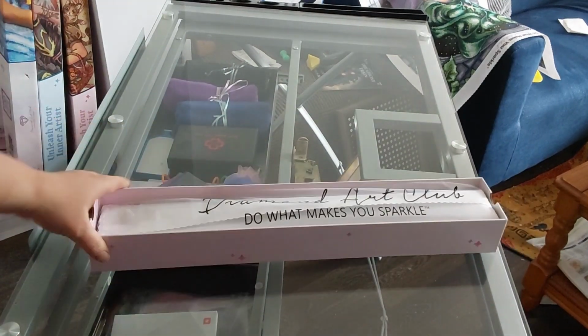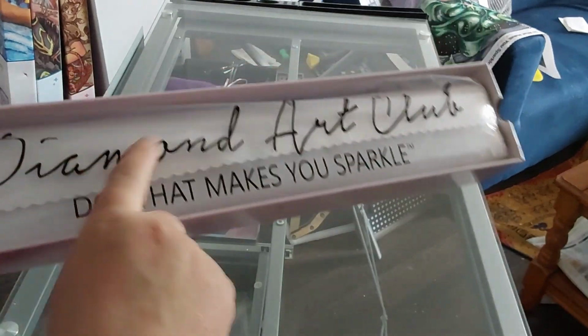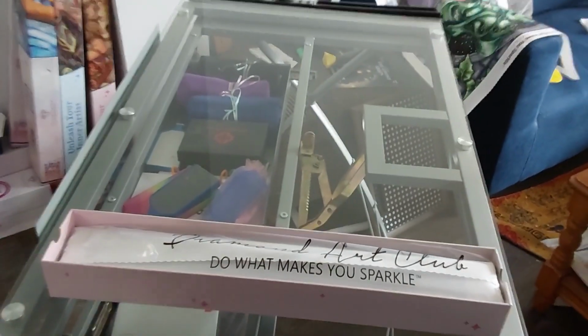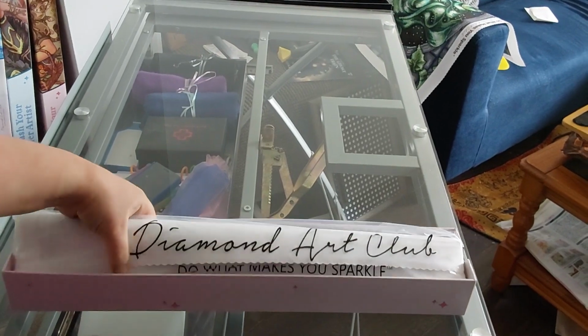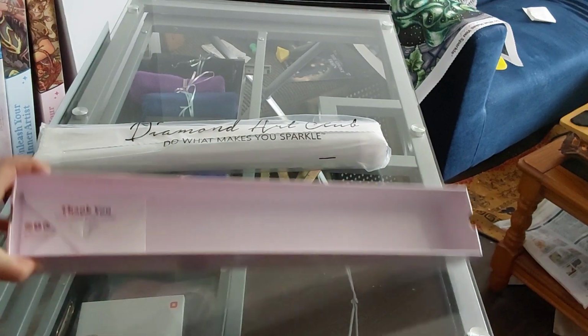And then you have your insert. Now, DAC always have their canvases in this. Oh, I'm sorry, looking here. There we go. They always have them in this dust bag to protect them from dust and dirt and whatnot. Okay. And then on the bottom,